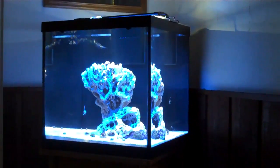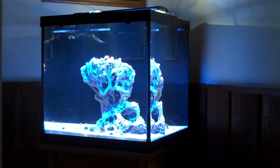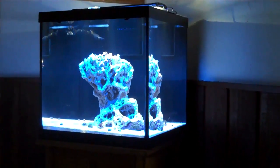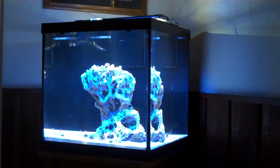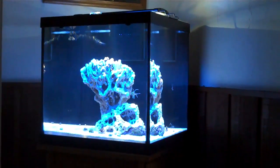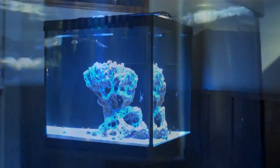So this is my 25-gallon cube tank, and I just set this tank up a little over a month ago. And this tank does have the bottom glass tempered, but the side glass on the tank is not tempered. So I'm going to show you how I went about getting an overflow into this tank. So this is an overflow box that I made out of black acrylic. I temporarily attached it onto the back glass to find out where I needed to drill the hole in the glass. I then drilled a hole